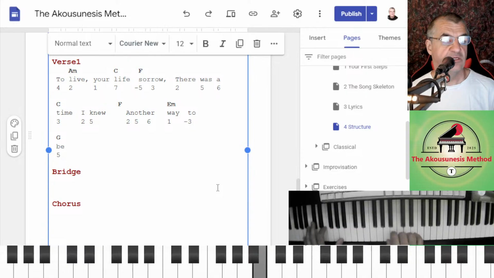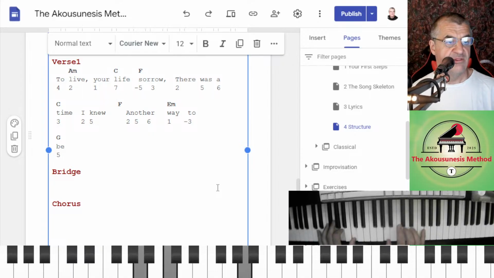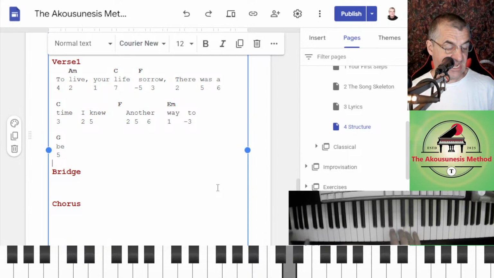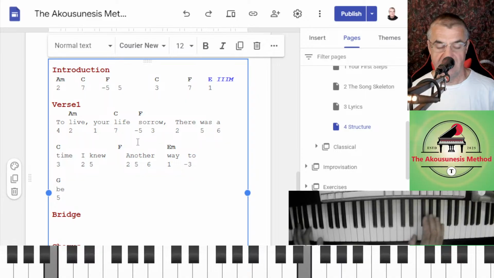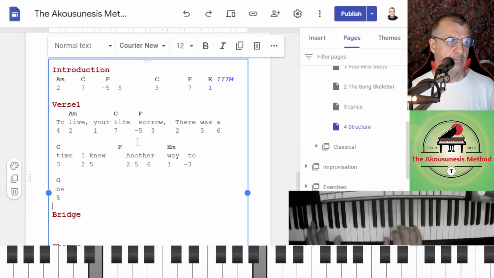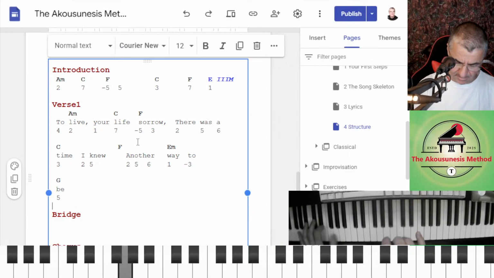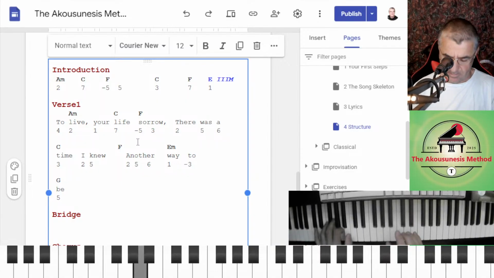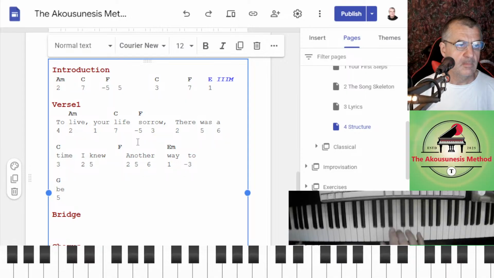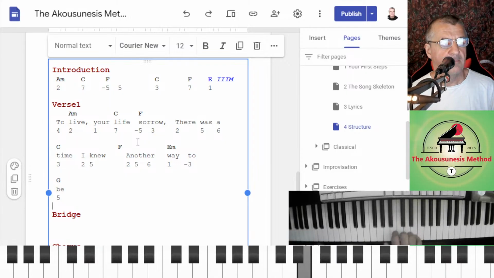To live your life, sorrow. There was a time. All right, so practice that. So we're on to live your life, sorrow. So we're on E. I like that.